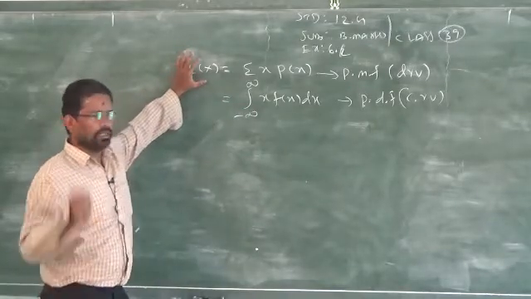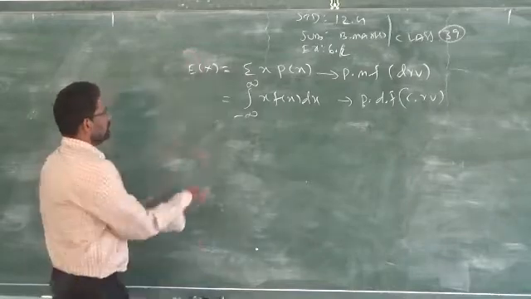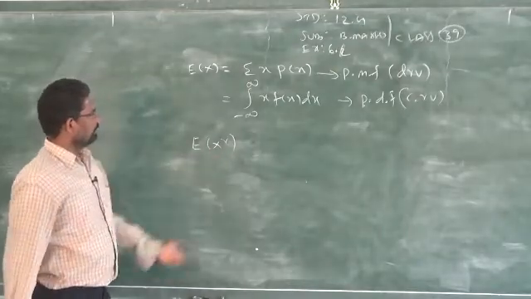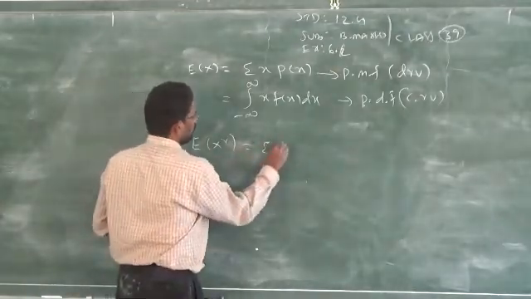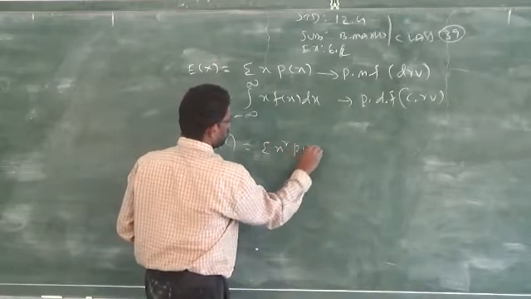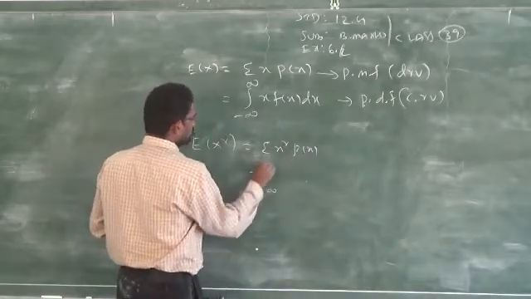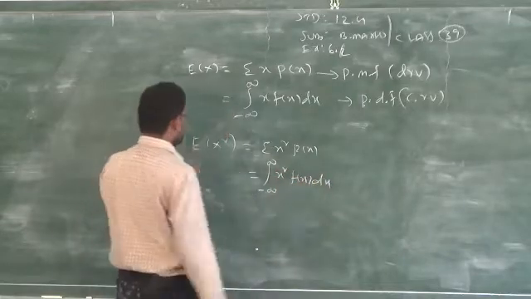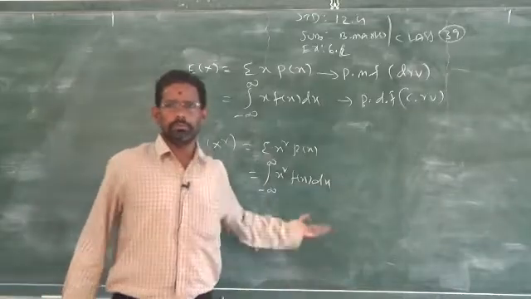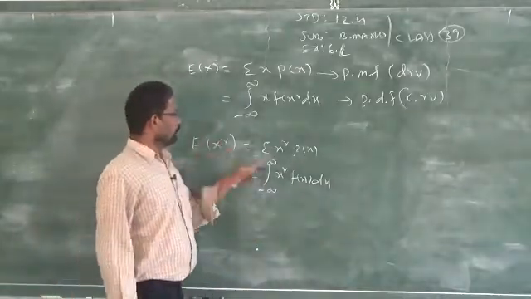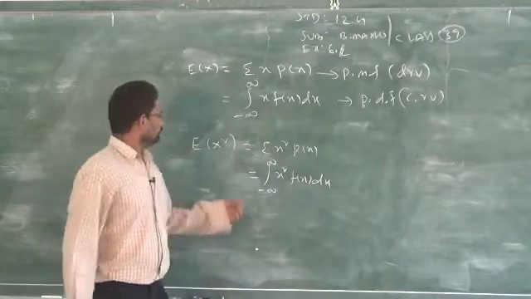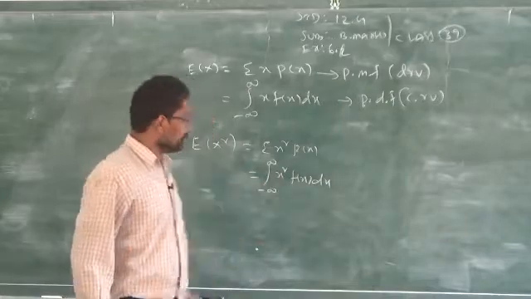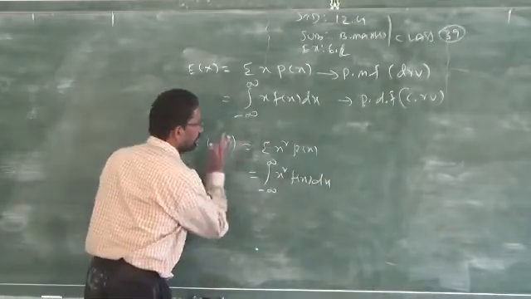Expected value is nothing but average, mean. The generalized formula is the expectation of x power r, that is summation of x power r into P of x, and the integral from minus infinity to plus infinity of x power r into f of x into dx. Depending upon the power, you have to use this formula. If I introduce 2, then it will be x square. If you replace r by 3, then x power 3, x power 4 and so on. Clear? This is the generalized formula to find expected value, mean and average.